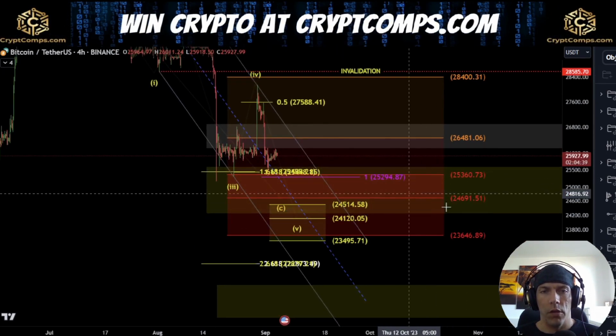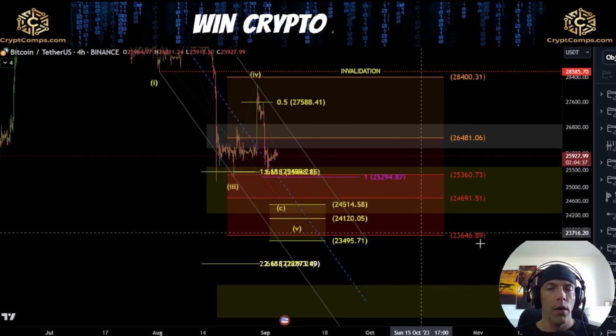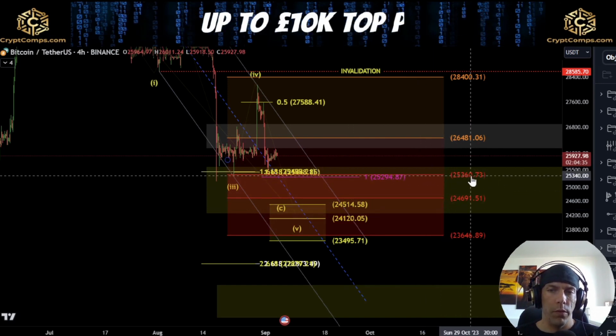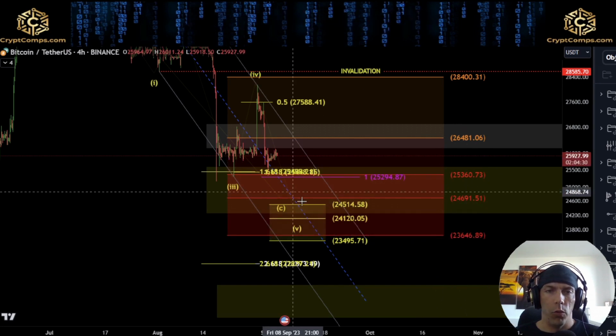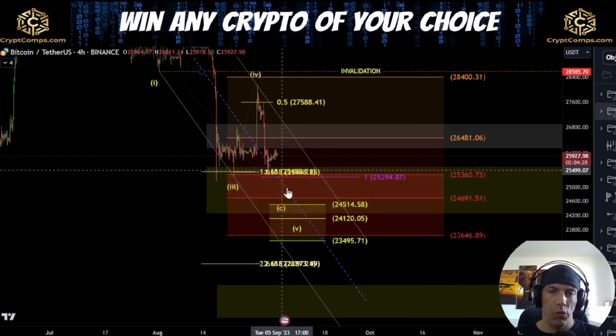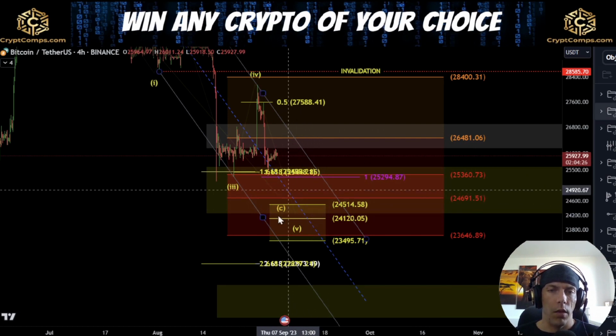Now, within this idea here, what this would then do is that if we overlay this, it would actually bring us down into some of these lower levels that we've been looking for here for this C wave, which would be between this 25,360 and this 23,646. So if we do see price continuing to push down here, I'm going to be very interested in this